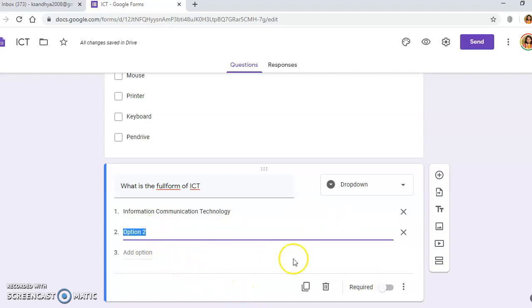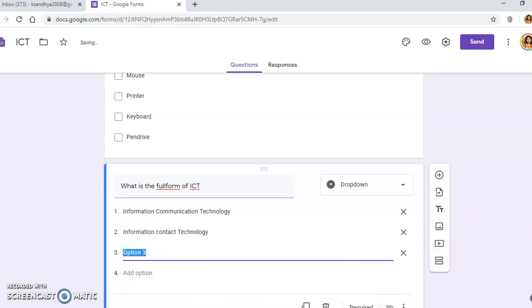Then I'll write information contact technology. I'll add a third option, input computer technology.